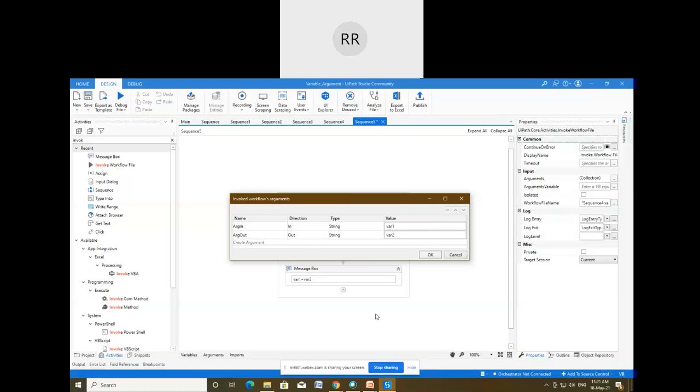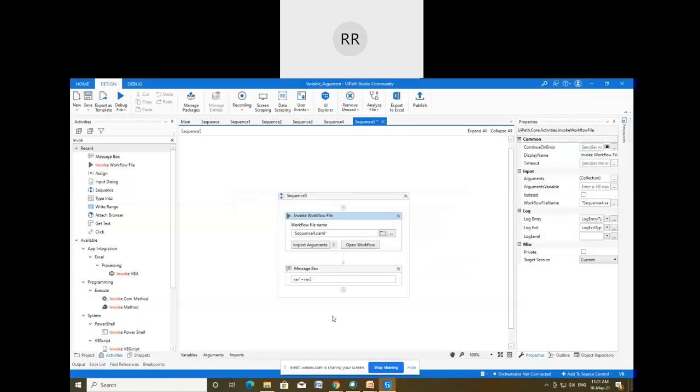That means if you run or execute the sequence 5 file, we should only get the data for variable2. Then only we can say that this is working properly. That means the definition that we learned earlier, that argument out is the one that passes data from one file to another, is correct, and the argument in is only used to pass the data within a single file. So I'm going to save this and then run.